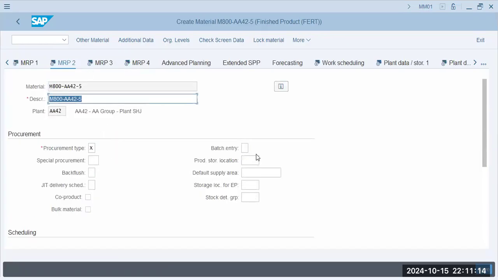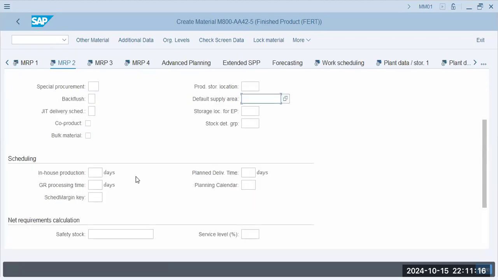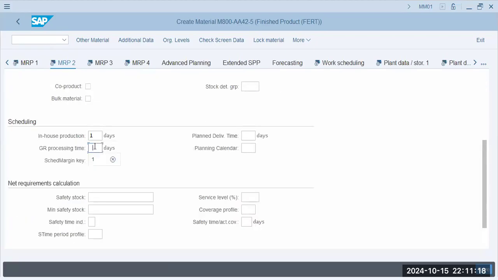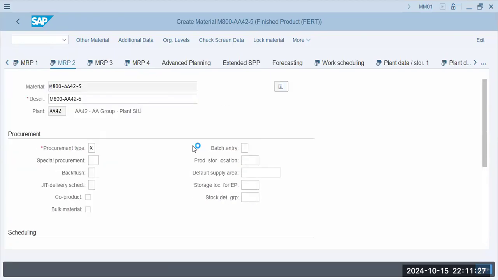Okay. MRP2, in-house production 1 day, GR processing 1 day, plant delivery time 1 day, and MRP3,